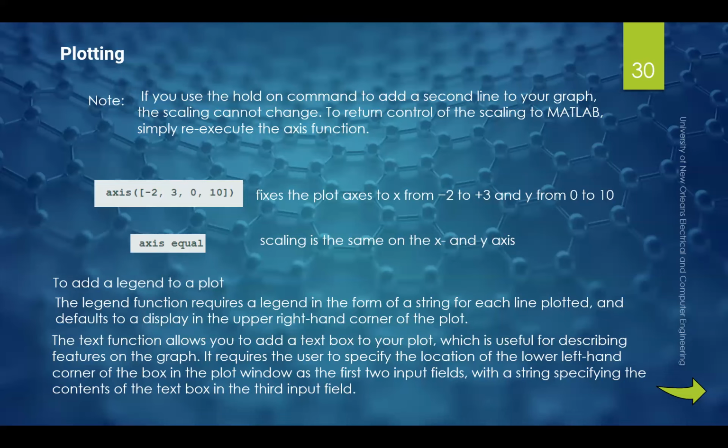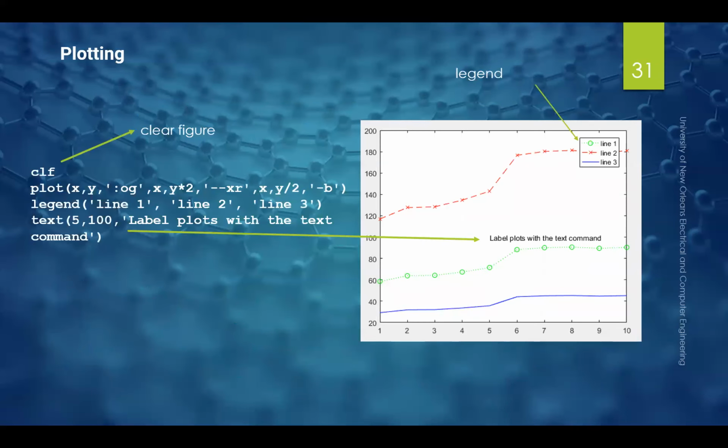It requires you to specify the location where you want the text box included. And again, it's another feature that we can use to improve on the plots. Now, this one, for example, I added it. If you notice here, if you look in the left-hand side commands, the code, I added actually the text on the actual plot, and I put it right here somewhere in the middle